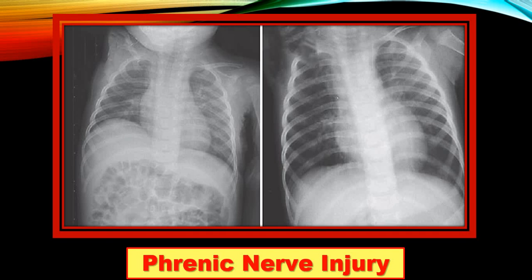The treatment is usually supportive with close observation and hope of recovery within 30 days. But if there is no response and there are abnormalities in breathing, then surgical plication or diaphragmatic pacing may be needed. That means they put pacing to enhance the movement of the diaphragm during respiration,